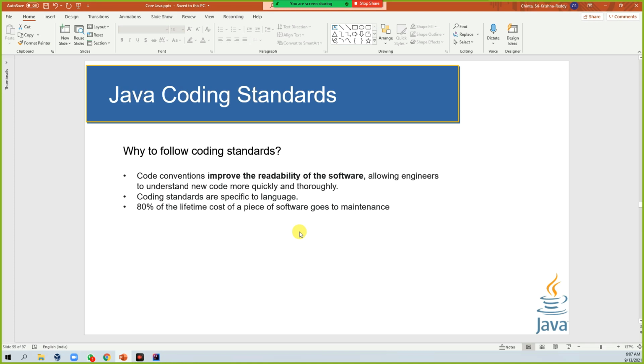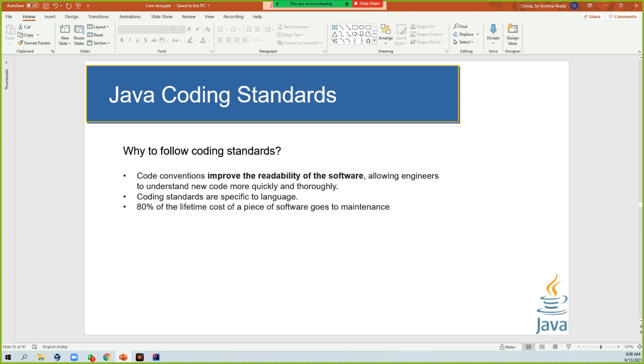The next thing is that coding standards vary from language to language. If you take the C language, the coding standards will be different. If you take Java, Java has different standards. Standards are nothing but a guideline book, so you have to follow them the same way whenever you develop anything, like a class, method, or variable.